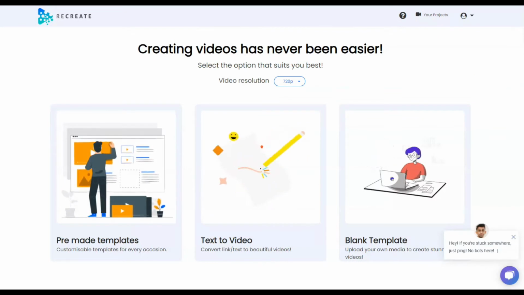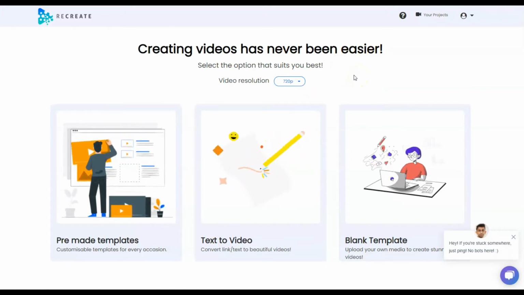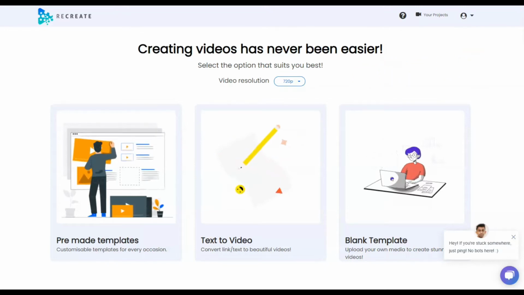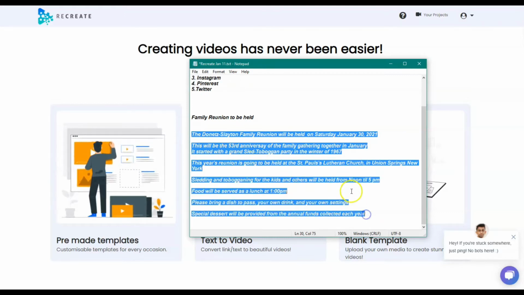Okay, so what we're going to do is I'm going to create a short video. It's going to be under a minute long. I've written a script out. When you write the script out, I just want to show you, make sure there are no periods. I still have one here I missed. Because what's going to happen is this line will be your text for the next slide that it's going to create. So what we're going to do then is take this text here, and I'm going to copy it,